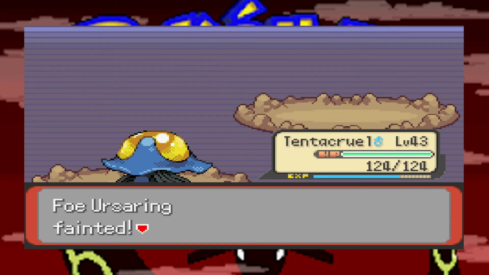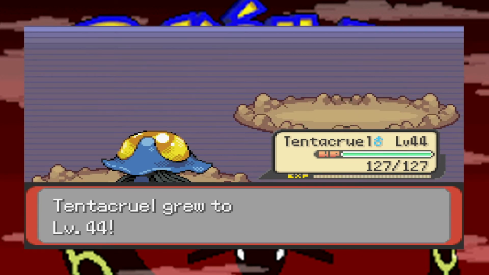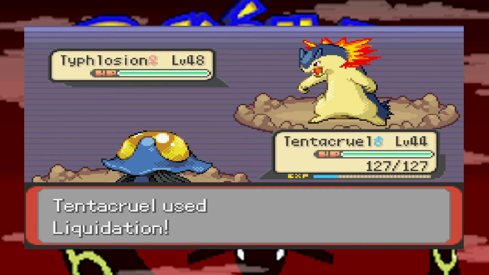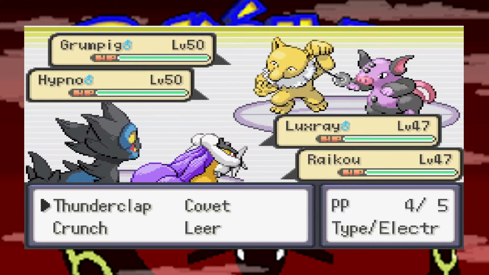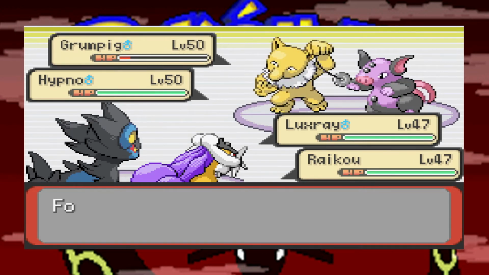Maxie is up next in the Magma Hideout, but this guy was an absolute pushover. We left him all washed up in a clean sweep. Get wrecked. The gym battle with Tate and Liza is next, and unlike all my previous runs, we can use